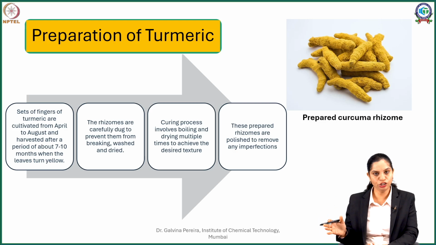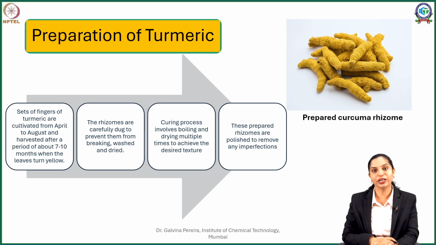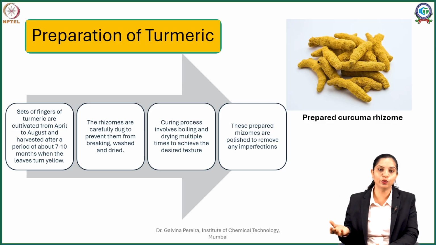They are nicely washed to take care of any extraneous matter, and similar to ginger, to prevent any growth or nodes from appearing during the storage time, they are subjected to curing. This curing involves boiling, drying, and in some cases peeling. So this turmeric is exposed to a repeated cycle of heating, boiling, and cooling, and subsequently drying till it acquires a stiff, stone-like or very hard consistency. This is what are referred to as prepared rhizomes. Now these prepared rhizomes also contain little black spots or little imperfections, and those are removed by polishing.